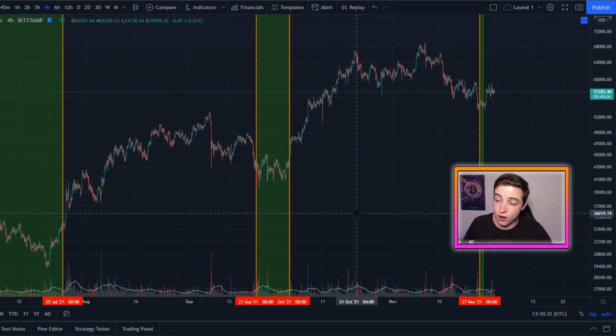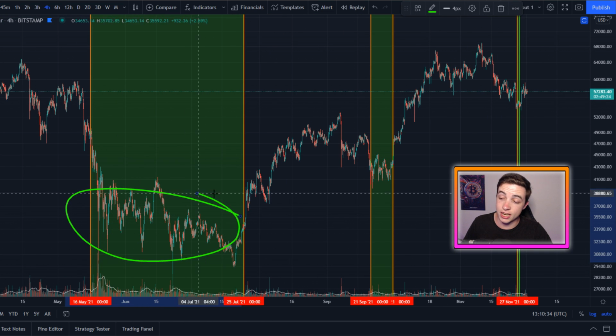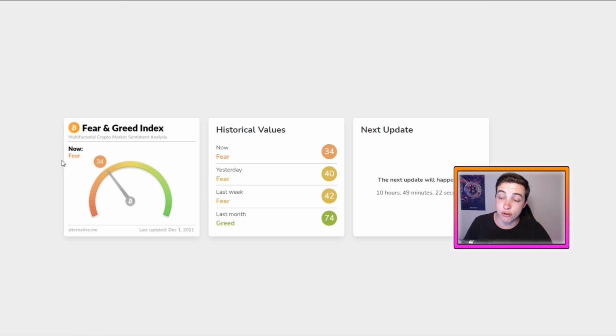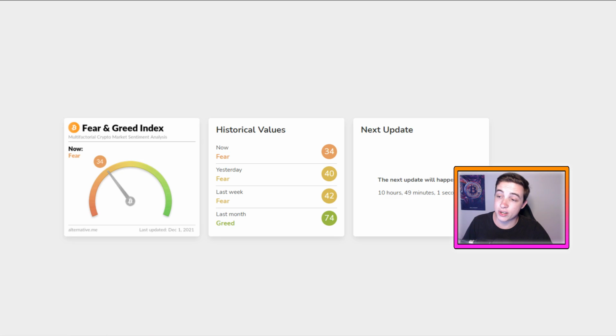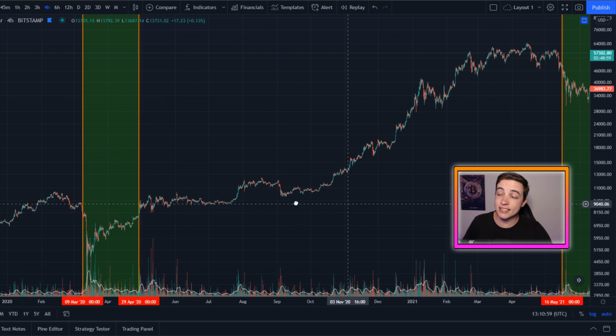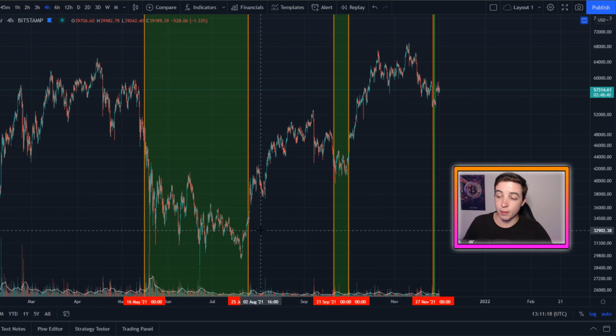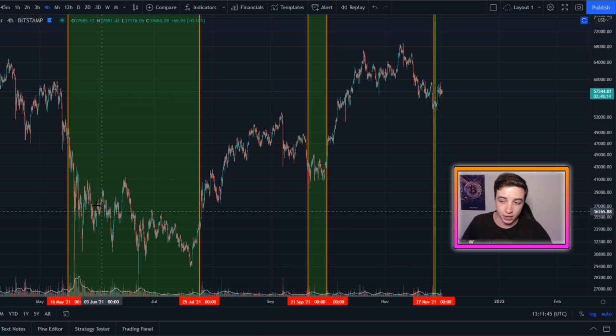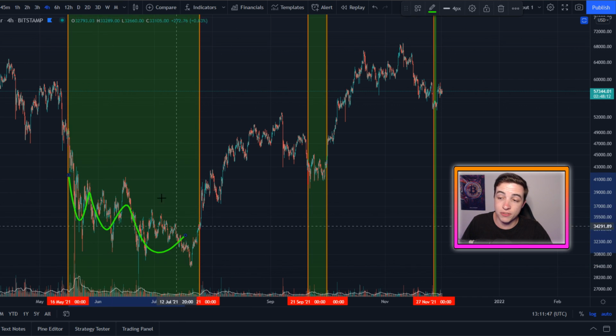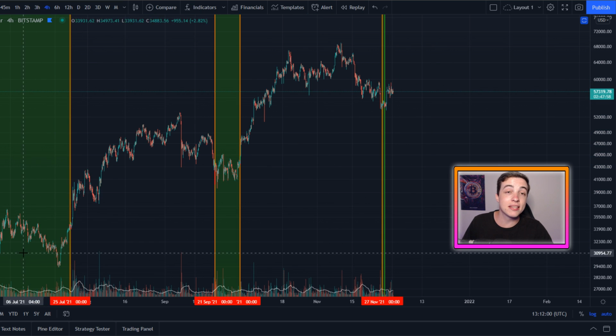And just zooming out further on this chart, these green zones just here were the times where the Bitcoin Fear and Greed Index was sitting in extreme fear. And so what we know from Bitcoin's past is anytime we're sitting in extreme fear, according to the Bitcoin Fear and Greed Index, that is an amazing buying opportunity because that usually comes in confluence with major market bottoms. If you simply dollar cost average into Bitcoin while we were sitting in extreme fear towards the middle of this year, you would have basically bought the bottom of this huge crash to the downside and made some amazing profits